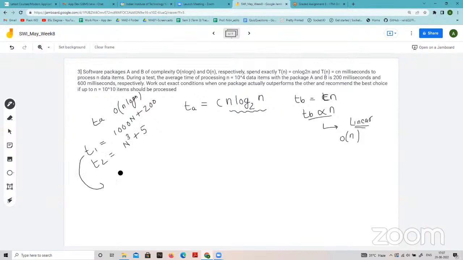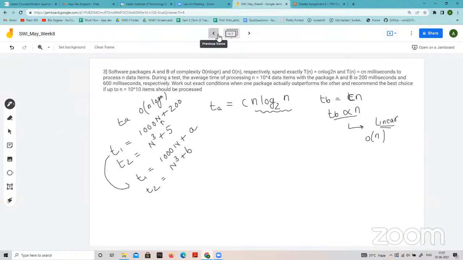These are the complete functions, all numerical values. There is only one unknown, that is n. Now, if instead of 200 I write a, and for T2 I write n cube plus b,